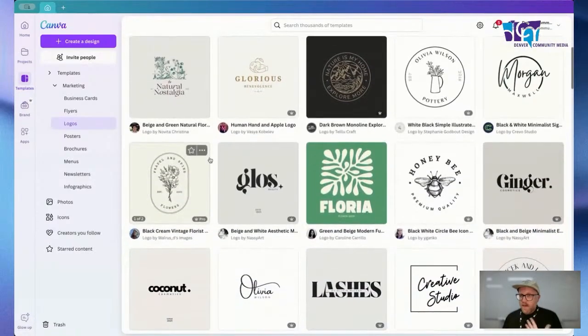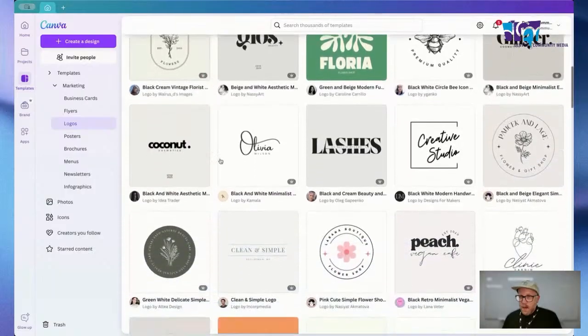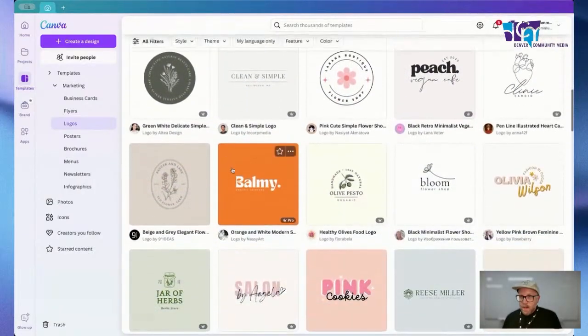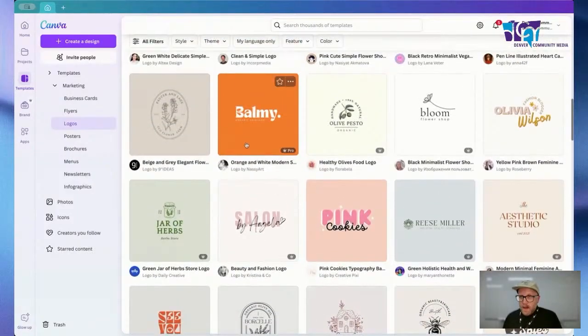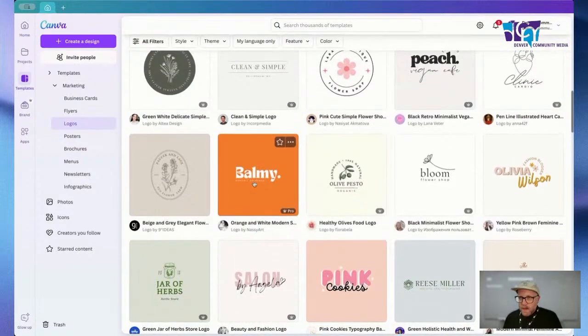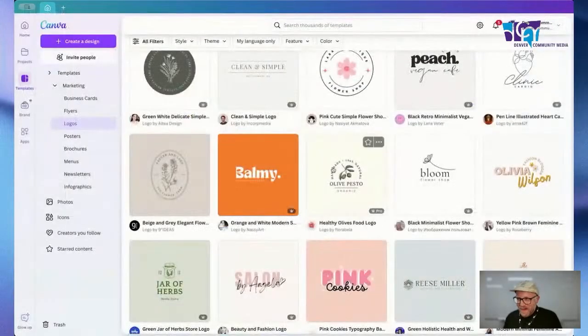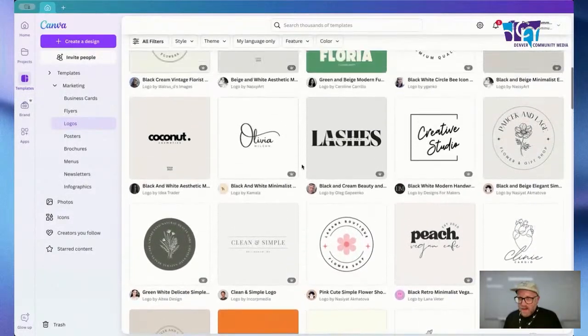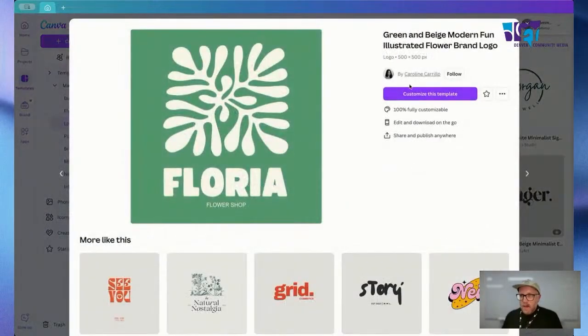Just for the sake of showing you guys what Canva can do, quick and easy, I'm just going to pick one that I kind of like. I kind of like this balmy one. I like just a cool font. Yeah, let's click this one. Yeah, that seems good. Actually, now I'm gonna go picky. Yeah, let's try this one. I like this font. So I know it's for a flower shop. Let's call